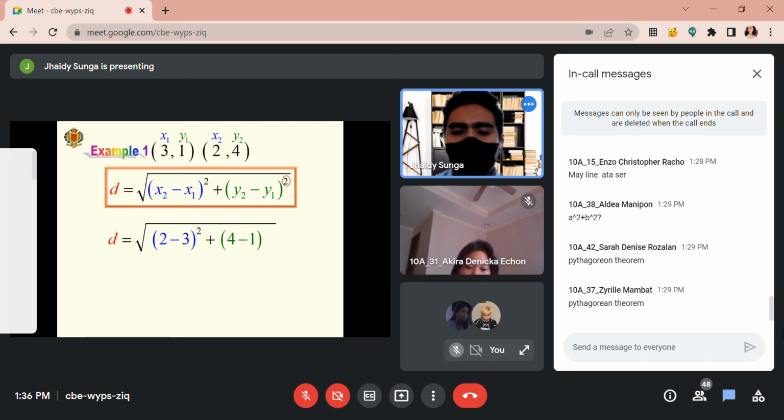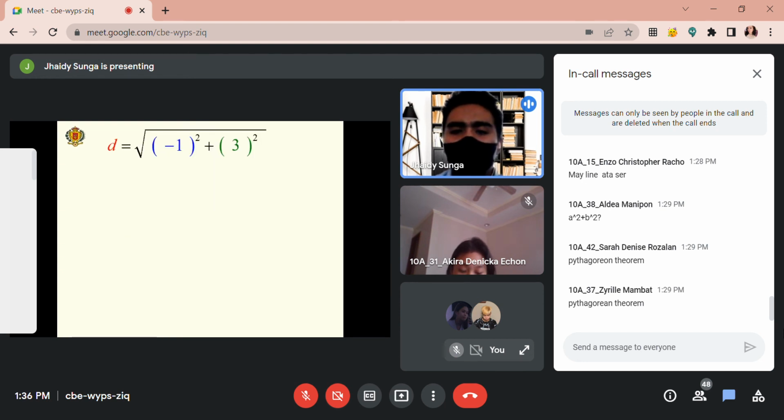Then the square. If you are to solve this, maybe some of you will do it in a calculator, and that will be fine. But if we do it manually, we will have negative 1 squared, plus the square of 3. So if we will be computing that, we will be having